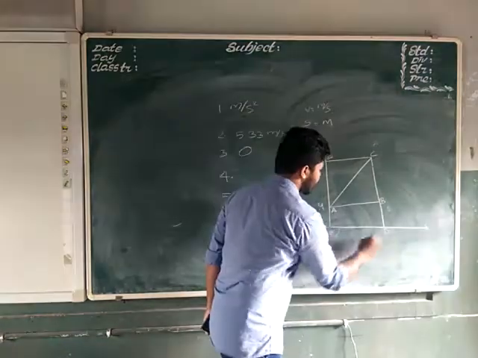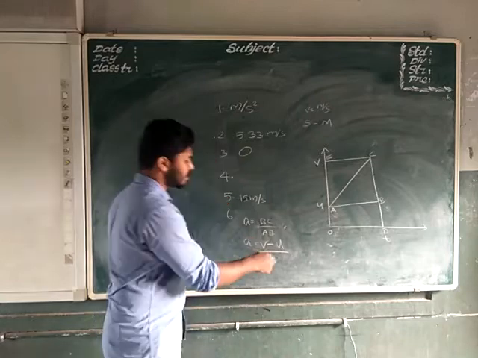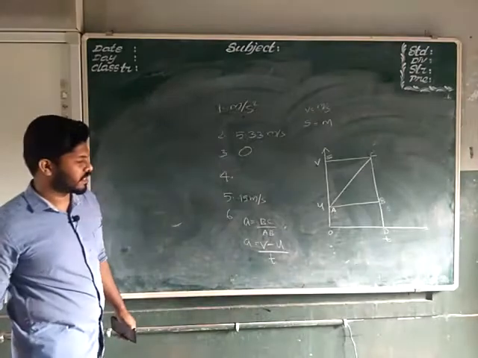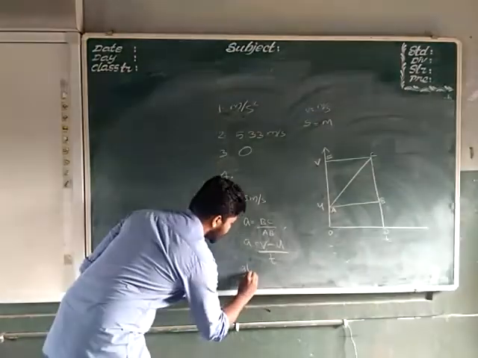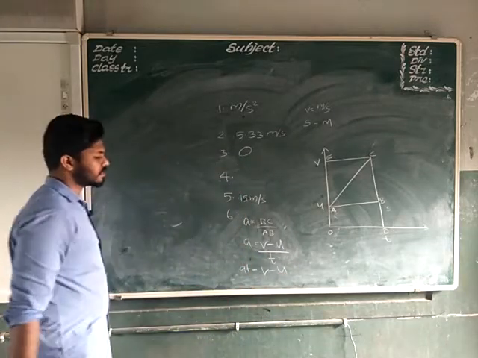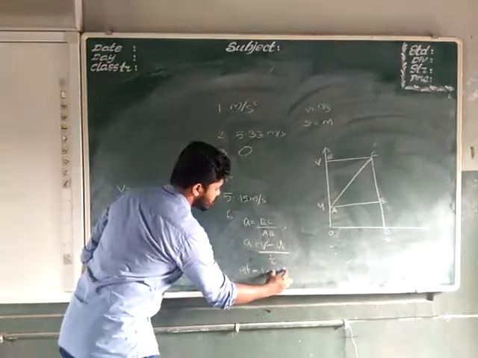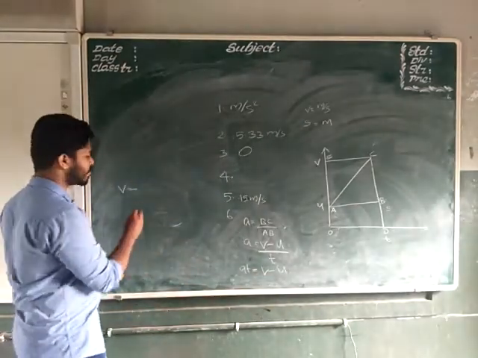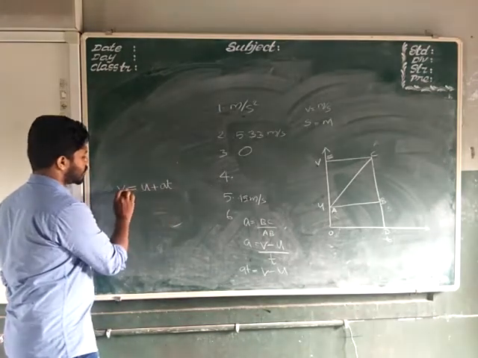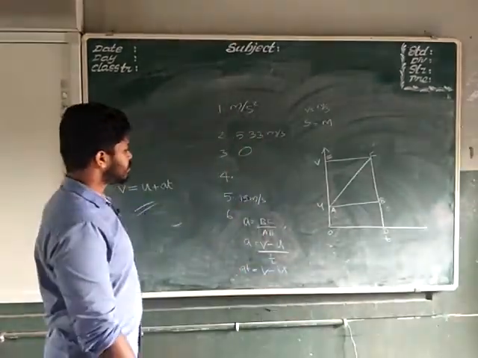That is the time section here. So here time. a is equal to v minus u by t, or we can write at is equal to v minus u. Bring this t to the other side. From that we can write v is equal to, take this u to the other side, minus u will become plus u, u plus at. So these are the answers for our question paper.